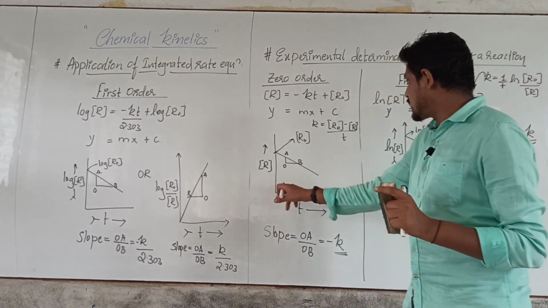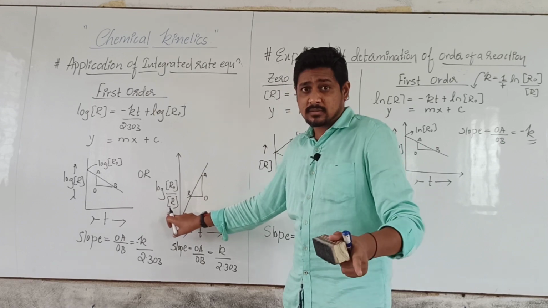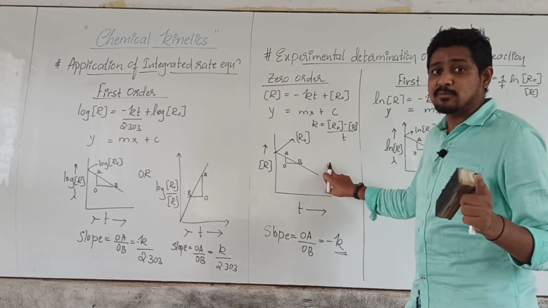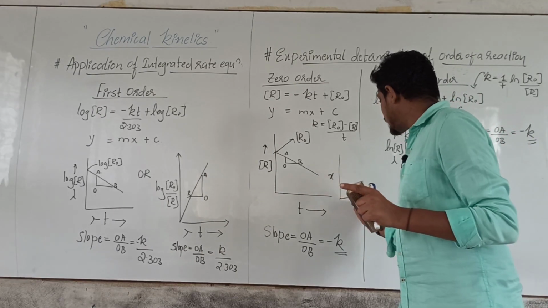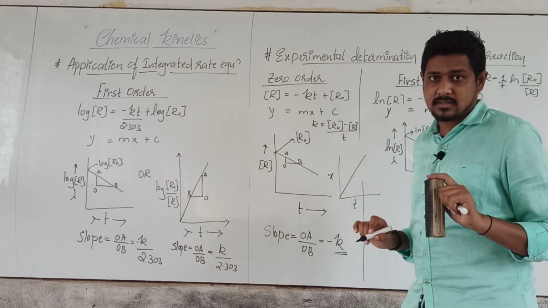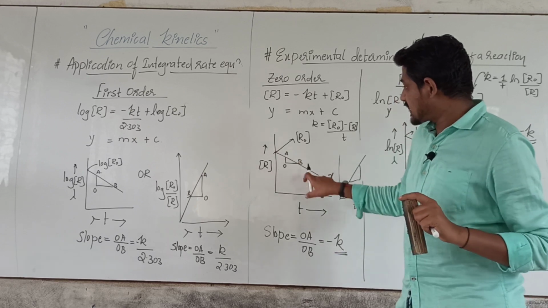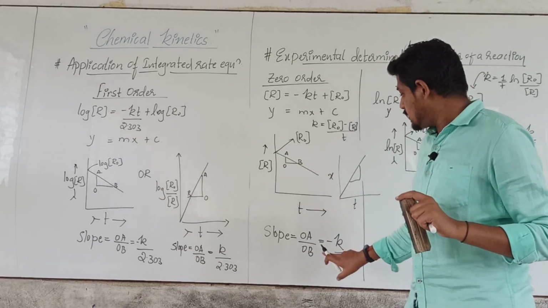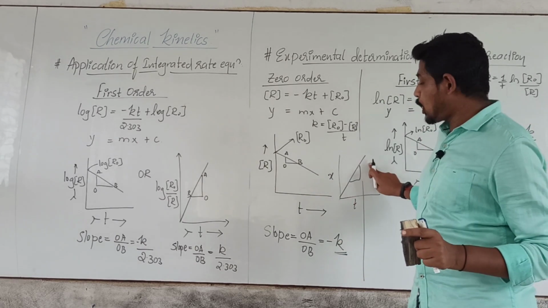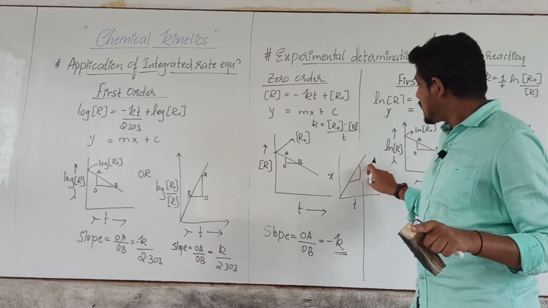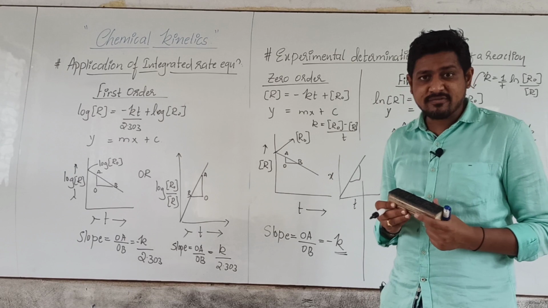Here for first order reaction we have calculated in terms of product, isn't it? So in case of a zero order reaction in terms of product, I'll write it here and plot a graph. It will be x versus time. This will increase like this, and then the slope value will be positive. If the graph is like this for a zero order reaction, the rate constant value is negative, but if the plot of x versus time is like this, then it will be positive. So please look into those graphs.